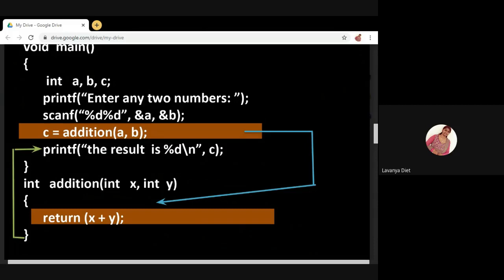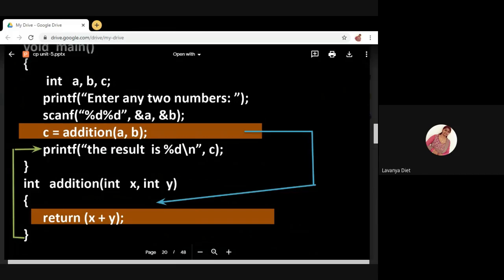Now the b value is copied to y, so y contains the b value. So x plus y is nothing but the a value plus the b value. These values are added and returned. Addition is performed and the result is returned.